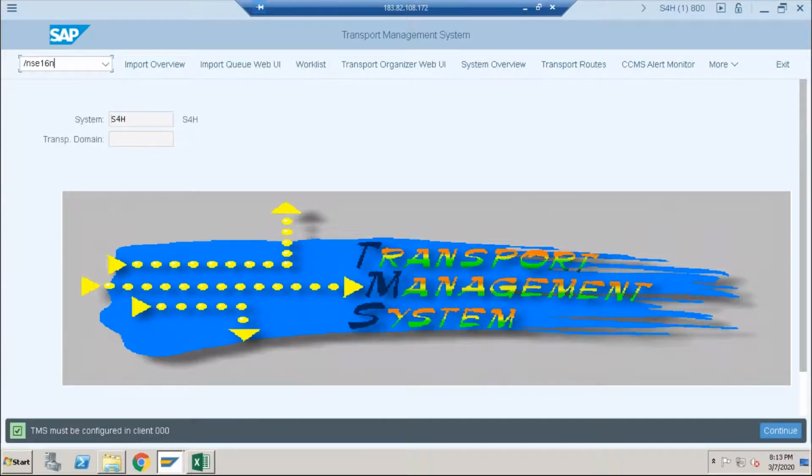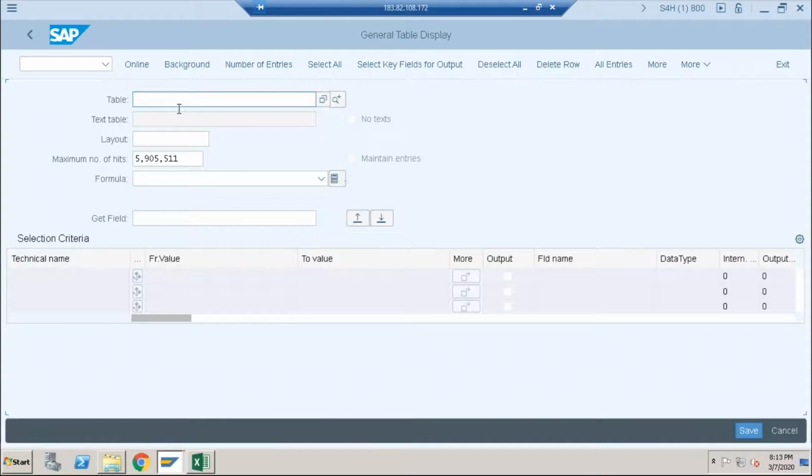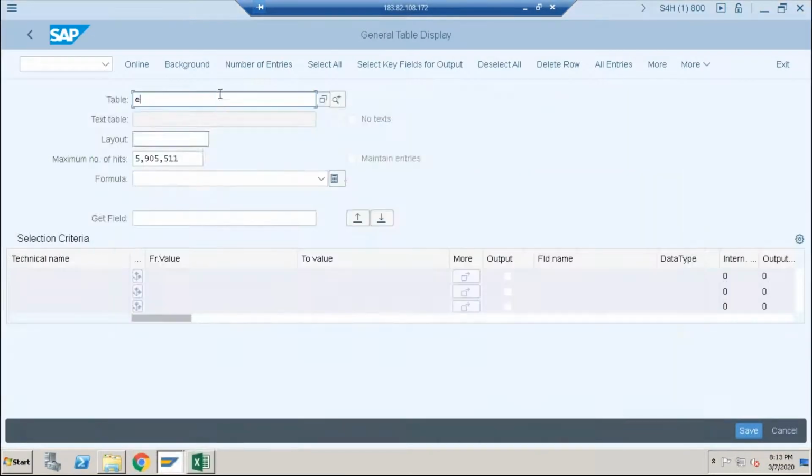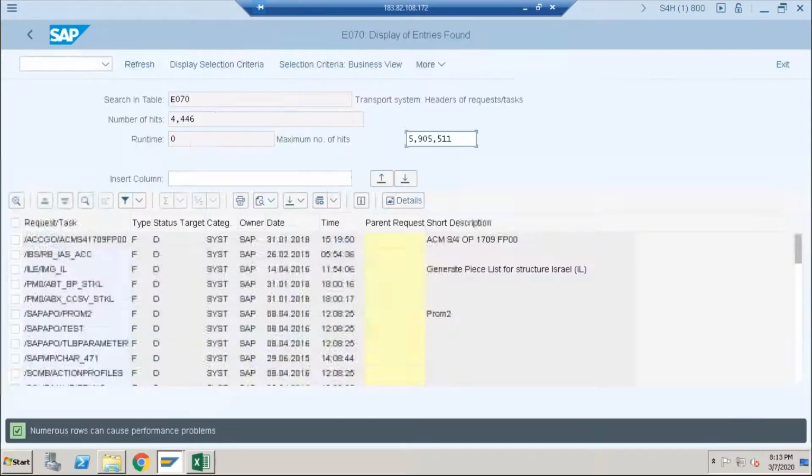SE16N. And what is the transaction code? E070. Okay, E070, execute. The request, task, type, status, target.